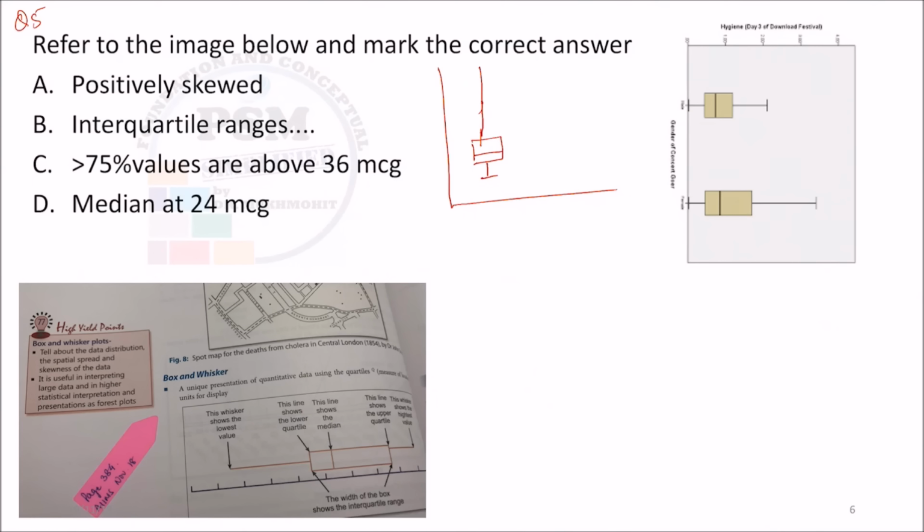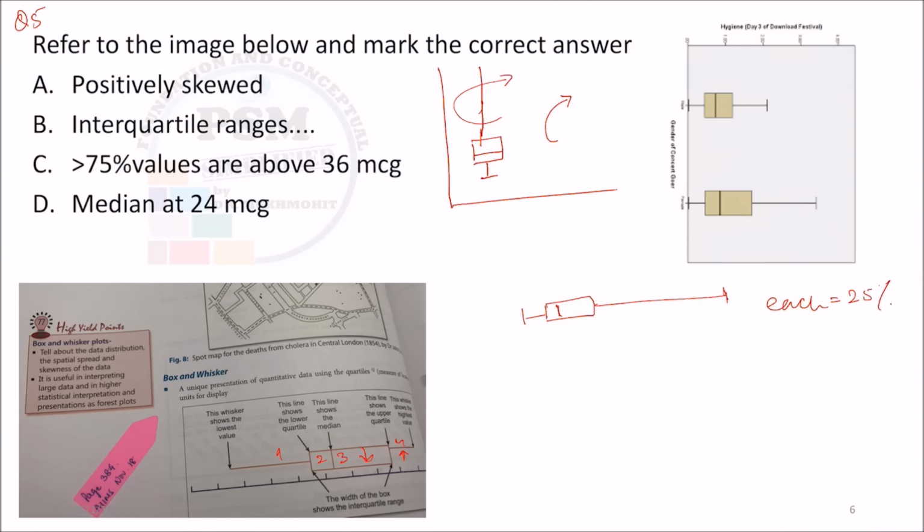If I just turn this box and whisker like this, right 90 degrees, don't you think this box and whisker will look something like this? That is what this is, if I just turn this thing on the right side. You know that, as you can see from the box and whisker cutout also, that each part of the box and whisker, there are 4 parts, right? 1, 2, 3 and 4. So you have part 1, part 2, part 3 and part 4. Each part corresponds to